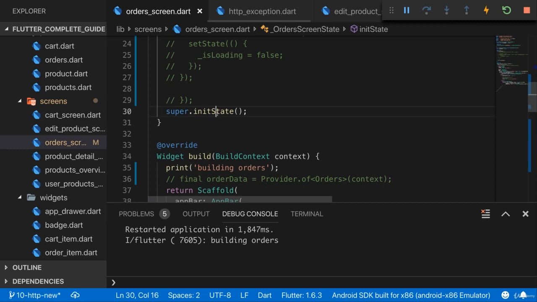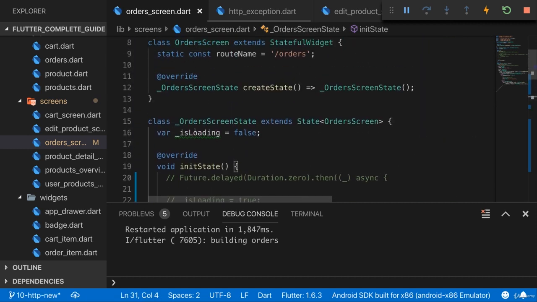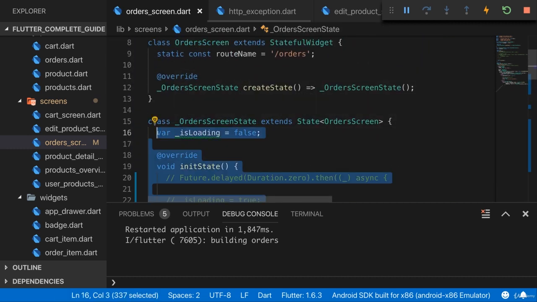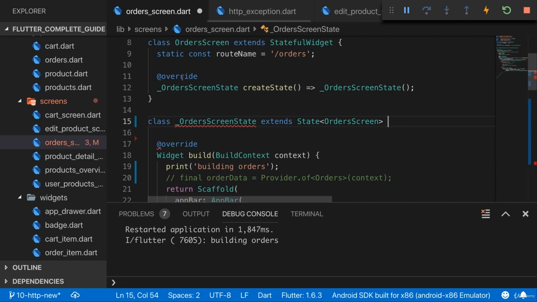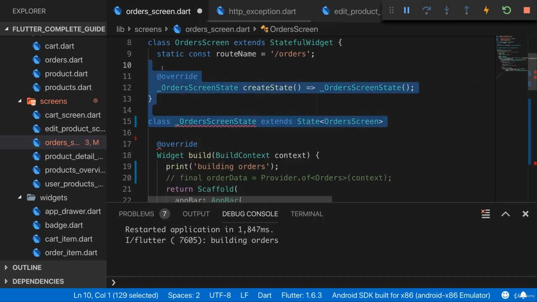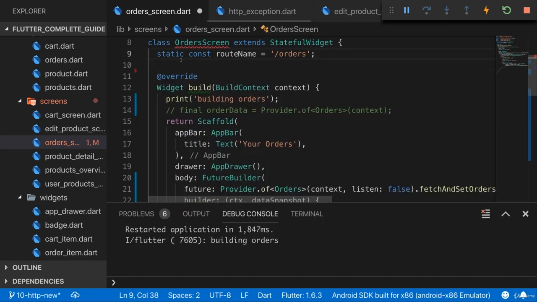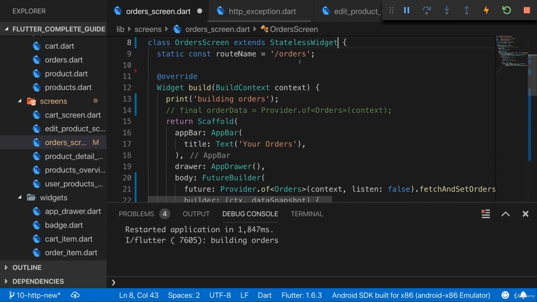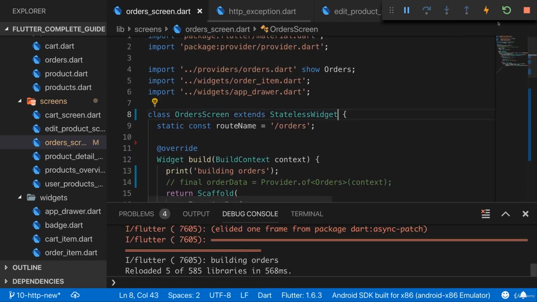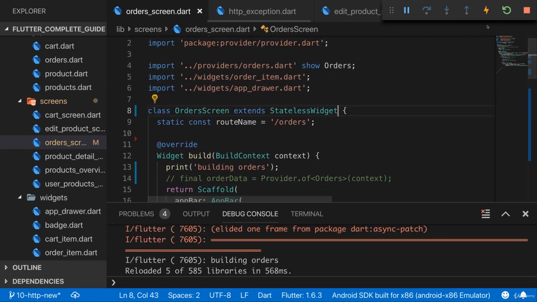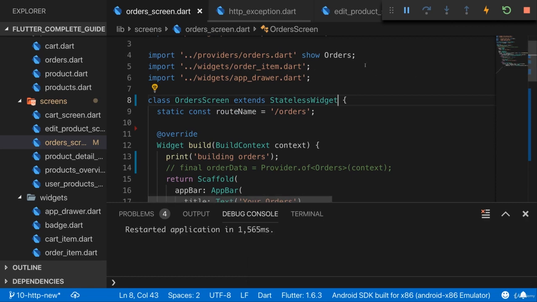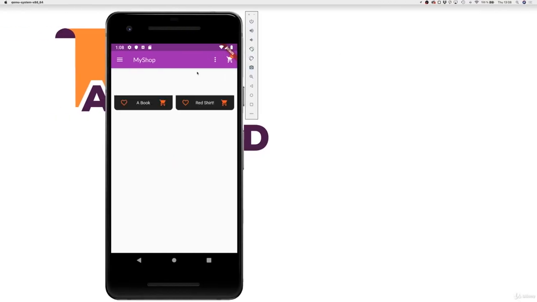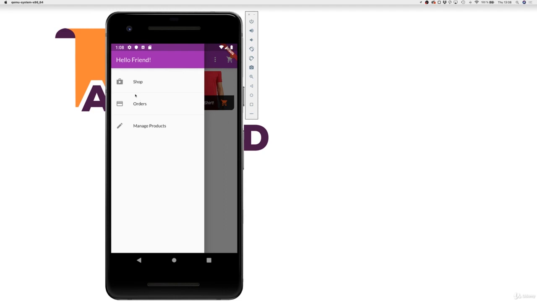So now what we can do here, of course, is we can get rid of init state and of this isLoading property, get rid of our state class, and convert this here back to a stateless widget as it was before. And now this is a very lean widget, of course. And we can do a hot refresh to have the same application as before, but now with a more elegant